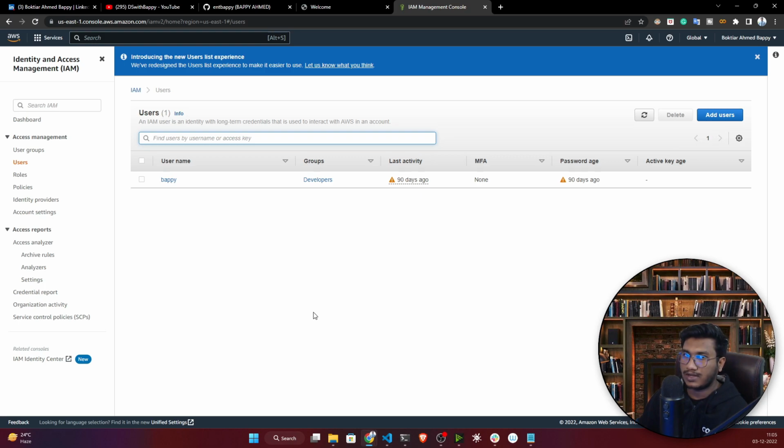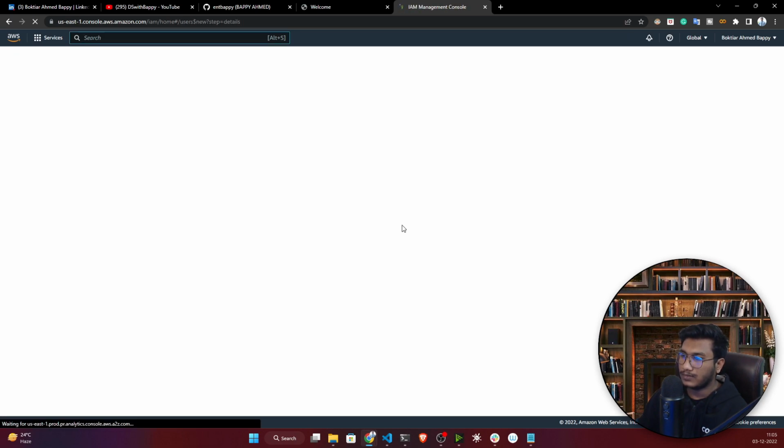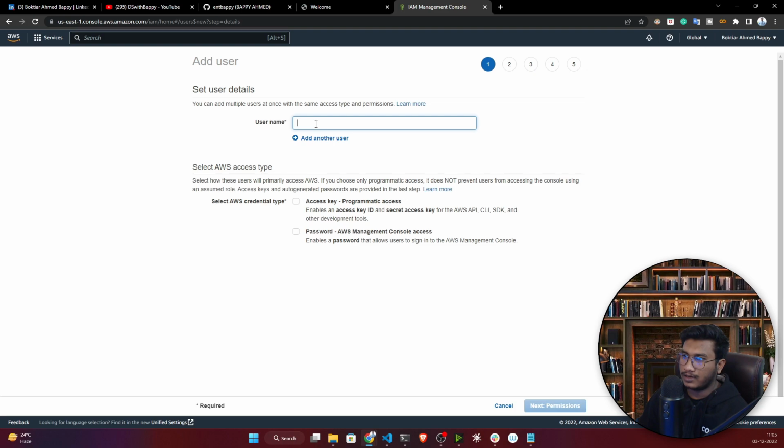So these two services I actually need for my deployment. Just click on this Add user, and here you can provide any name. For me, I will just give GitHub as the username, and just make sure you have selected programmatic access,